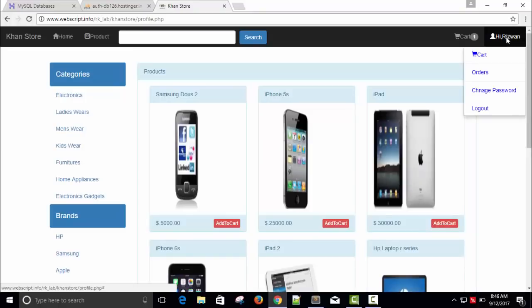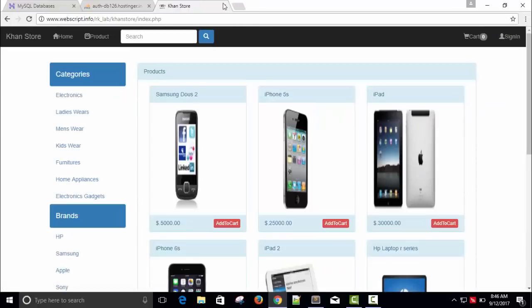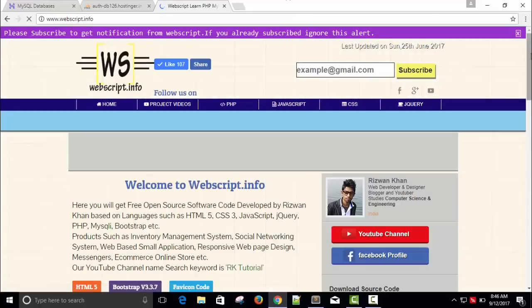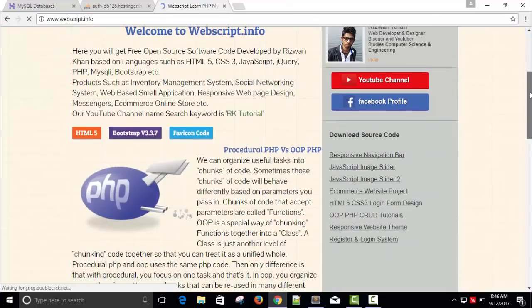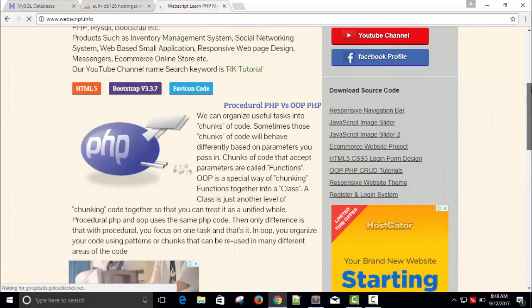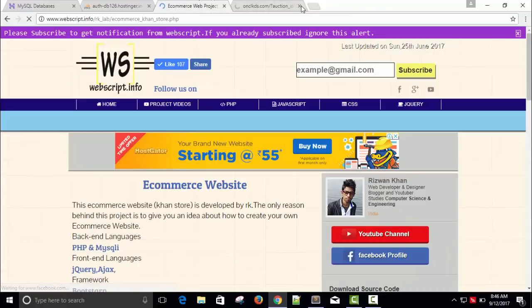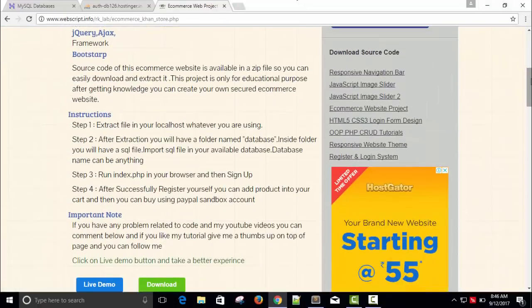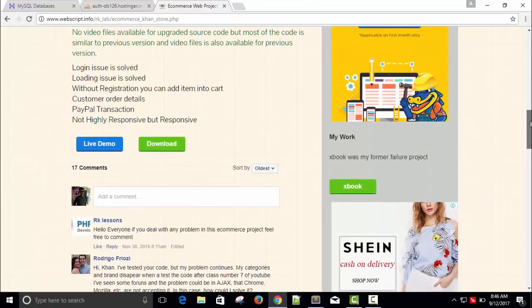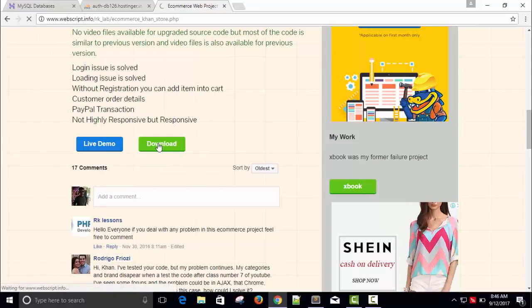This is all about this one, and let me show you how you can get this shopping cart in your system. Just log out and close. Again, go back to webscript.info. E-commerce website project. Scroll down and you'll find the option of download. Just download it,